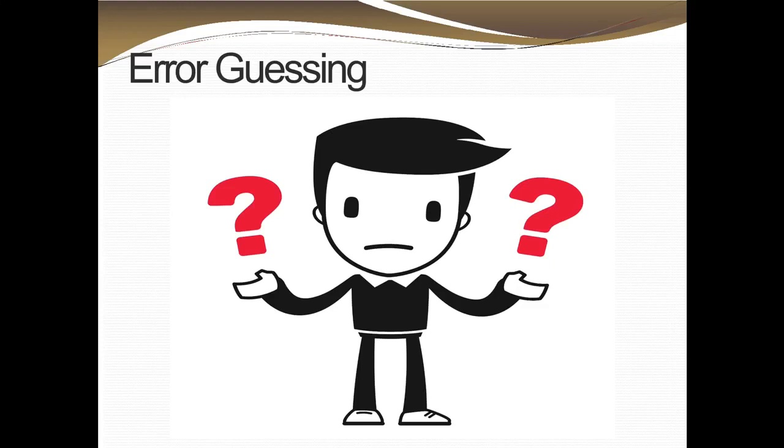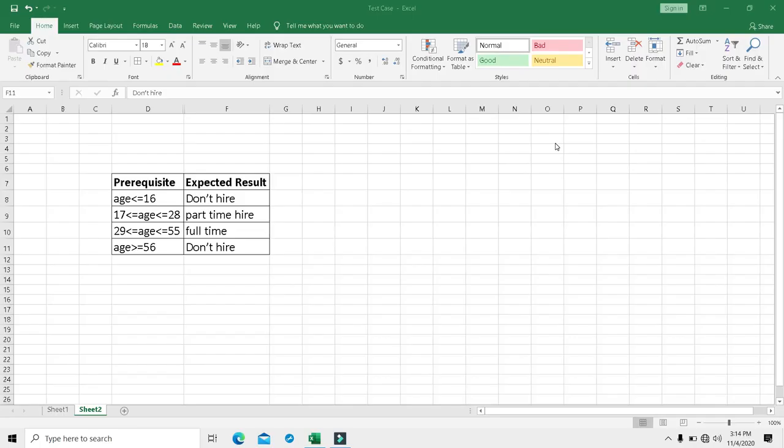So an example of error guessing is that we have one form and we submit that particular form without entering any values. Another example of error guessing is entering invalid values, such as entering alphabets in a numerical field. So this is how we are going to execute the error guessing technique while doing the test case design. Thank you. We will see how to write test cases using the black box testing techniques.